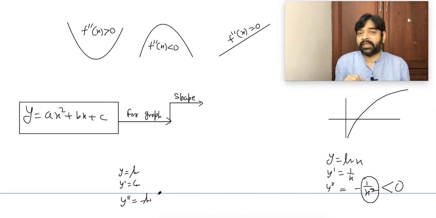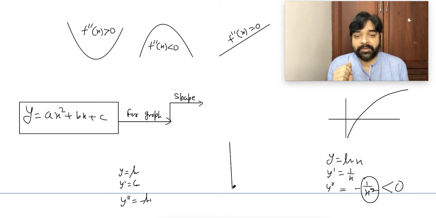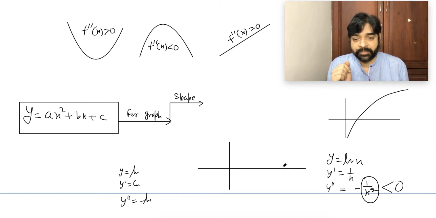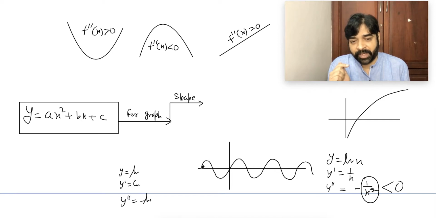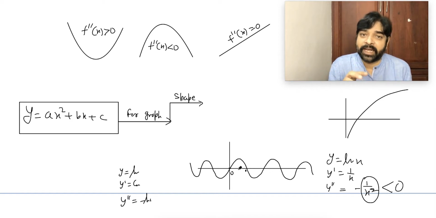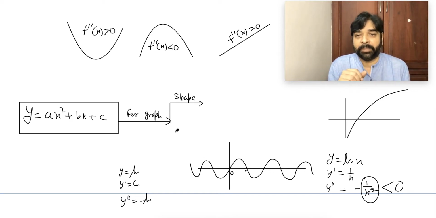And whenever sin x is negative, the shape will be this way. Think carefully. If you draw the sin x graph, watch. When we draw the sin x graph, it comes something like this. Watch very carefully. This is 0, this is pi. Between 0 and pi, sin x is positive, so the shape will be this one because the double derivative will become negative. That's why the shape is coming this way.